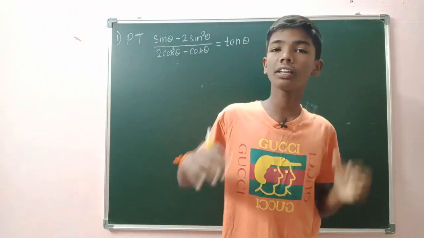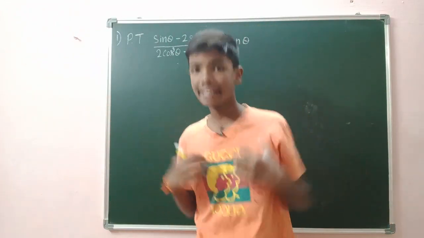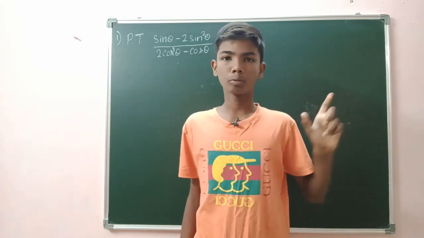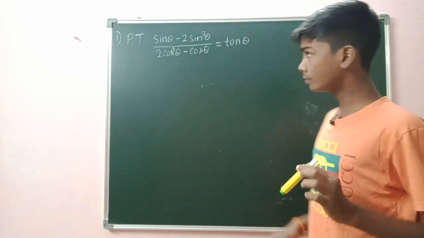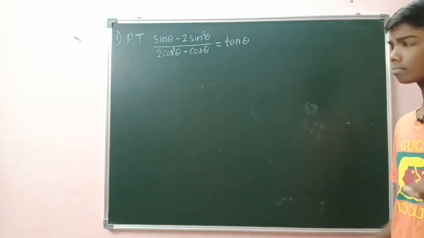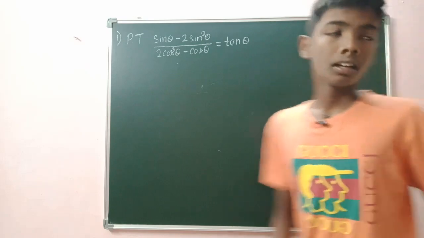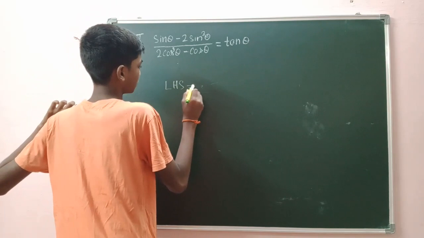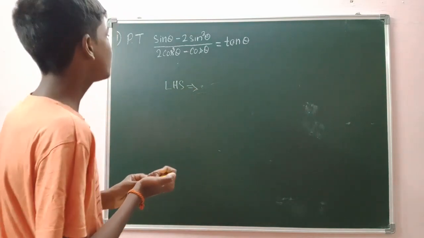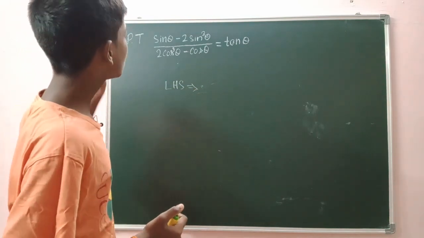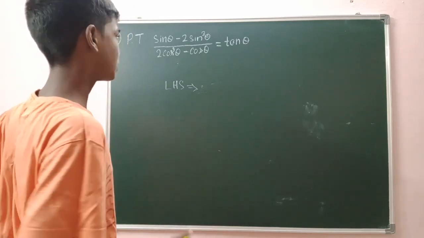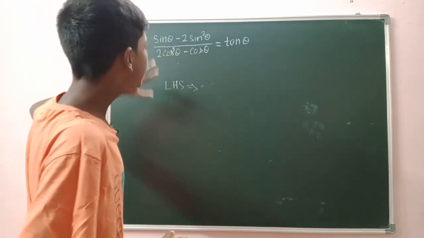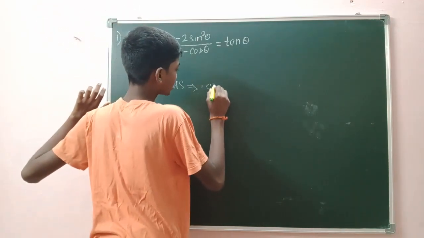People, here I'm going to solve every question as fast as I can so that I can finish every question in a short time span. Okay, so how you can solve this question is, just listen to me very carefully. In the LHS, I have (sin theta minus 2 sin cube theta) by (2 cos power 3 of theta minus cos theta). So in this left hand side, on both numerator and denominator, I can take sin theta